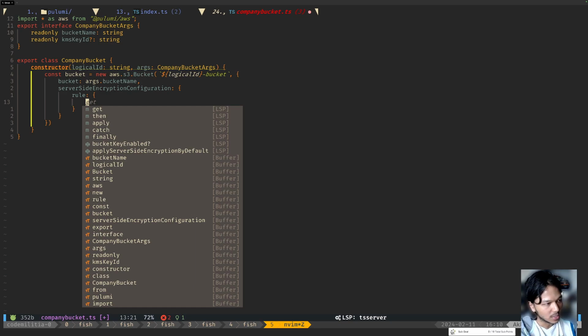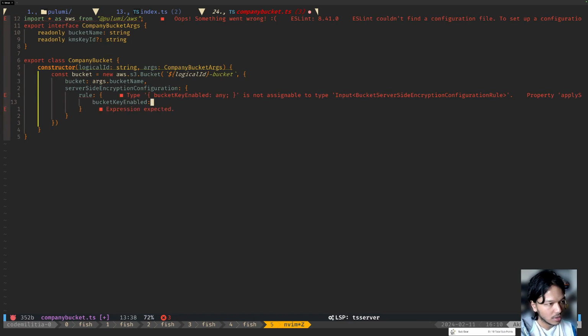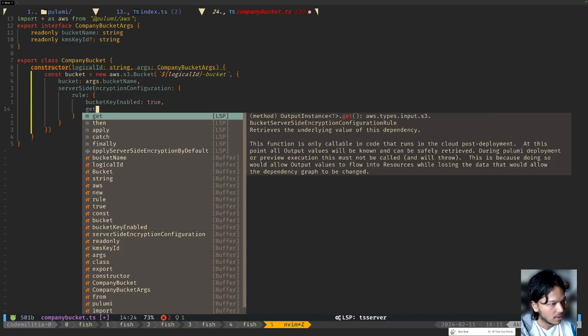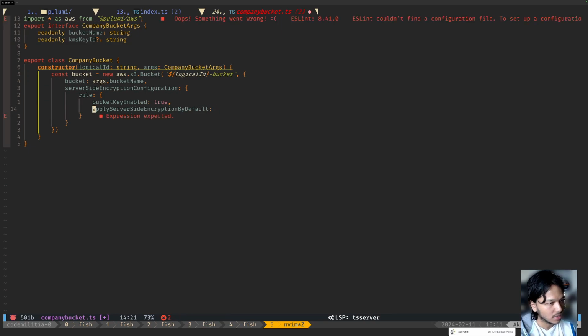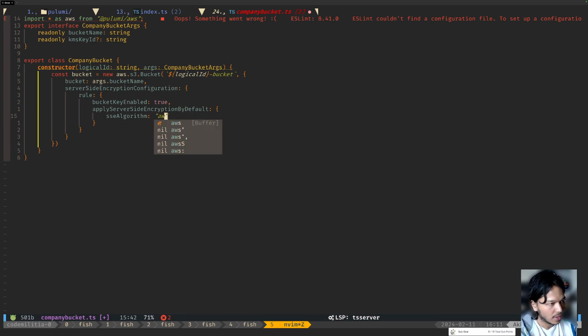And it's still nice having an LSP. So bucketKeyEnabled: whether or not to use bucket keys for KMS. And I think this is a Boolean, so we can say true or false. And applyServerSideEncryptionByDefault. This has a different type. So here we can say SSE algorithm is going to be, there's only two options, I'm going to say aws:kms